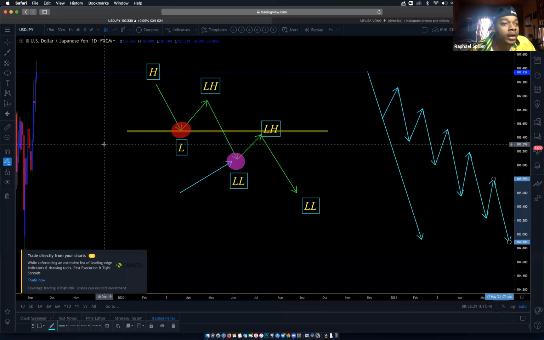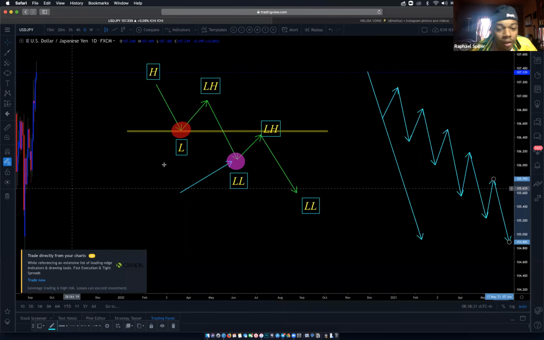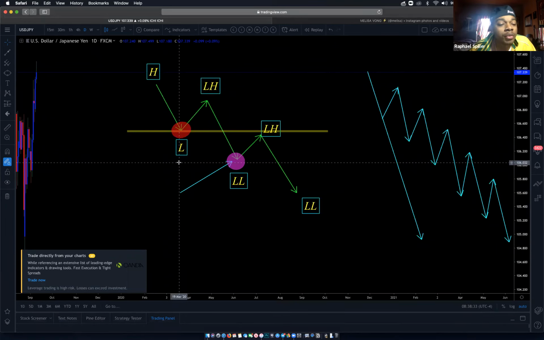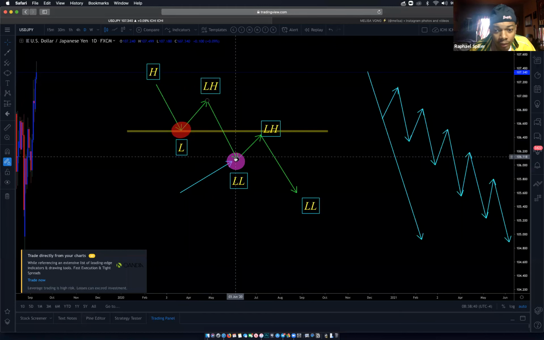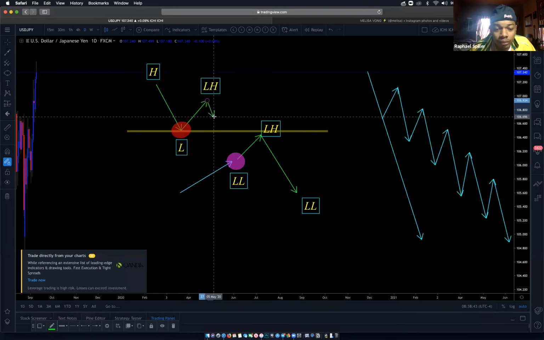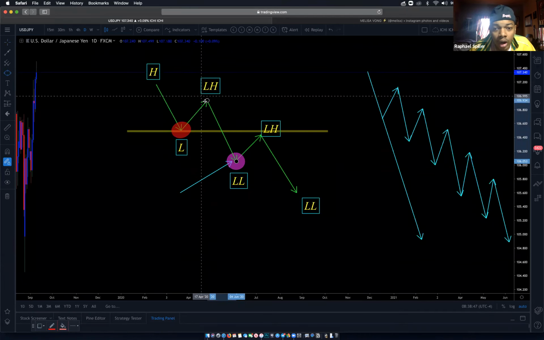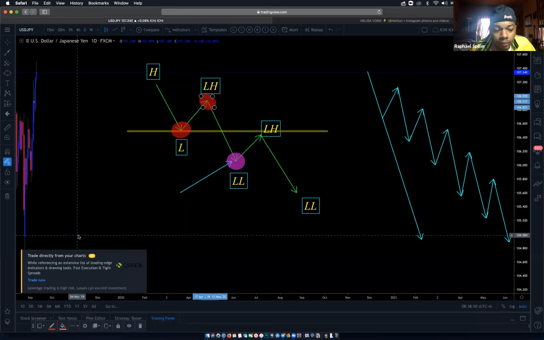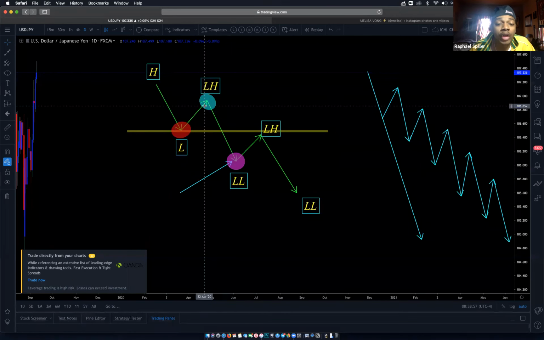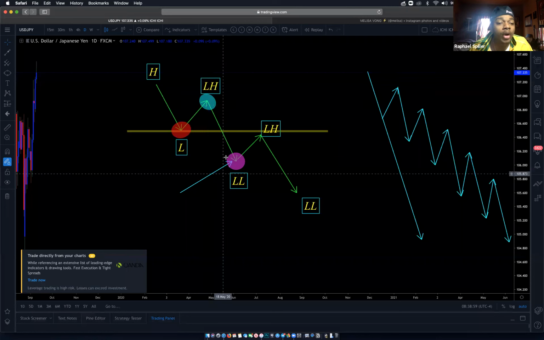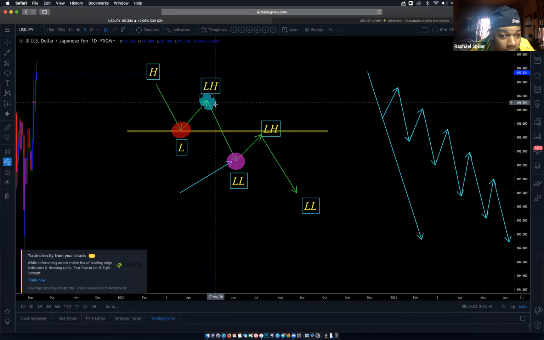What do you mean why it has to break the lower low? In order for a low to be created, it has to break another low in order for it to go lower. Let me explain why. Before a low is created, where does it start? A low starts from a high. A low cannot be created unless it creates a high. In order for a low to be created, there has to be a high.